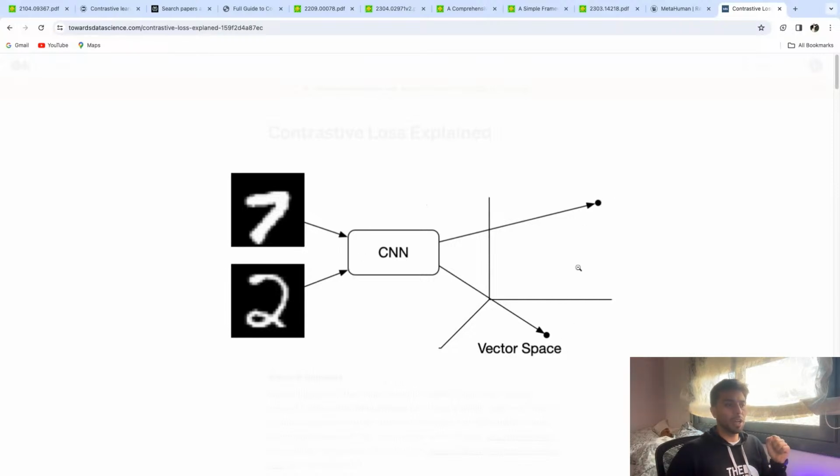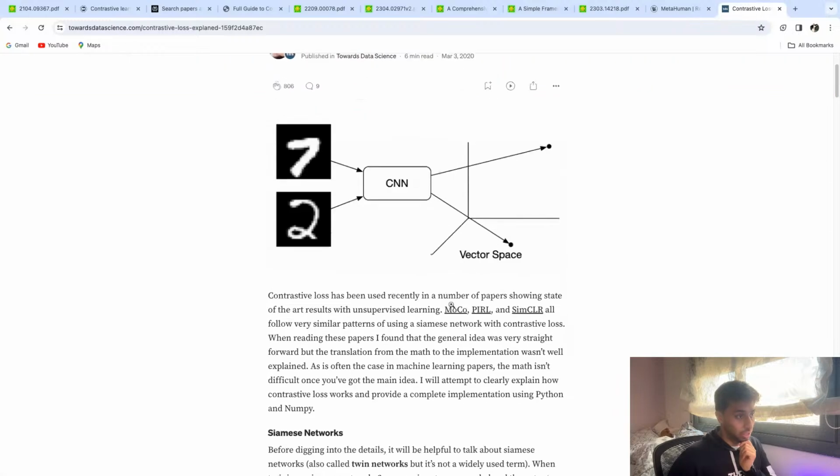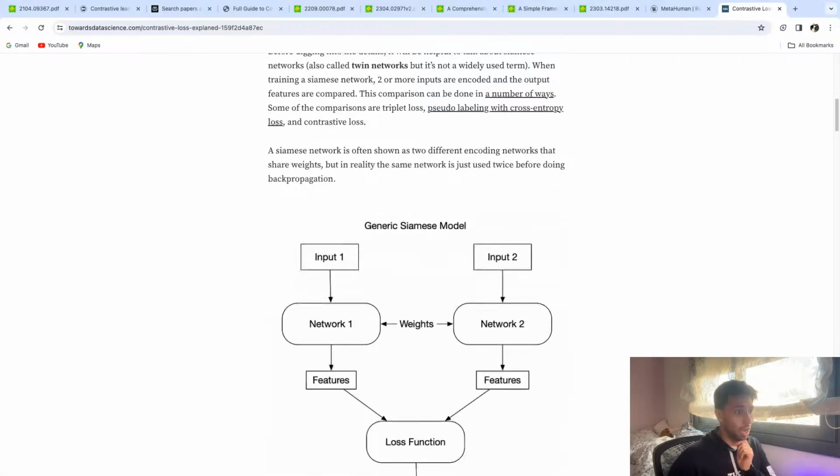So with that we can locate those images in some place too, and with that we can measure how far or how close they are. That is very interesting because this gives us an idea